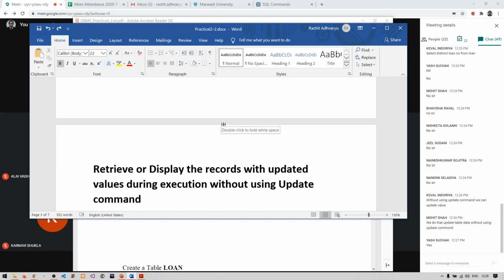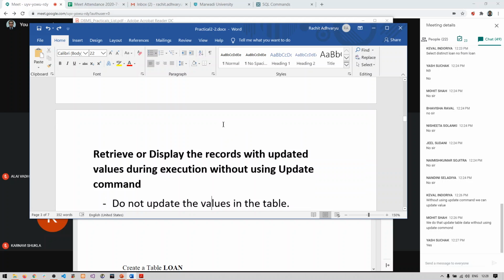Let us see. Do not update the values in the table. Whatever update we make using the select query, we are not going to reflect it in our table. It is just for display purpose. Once it is displayed, our task is done. See, it is confusing, but you need to try to differentiate the things.